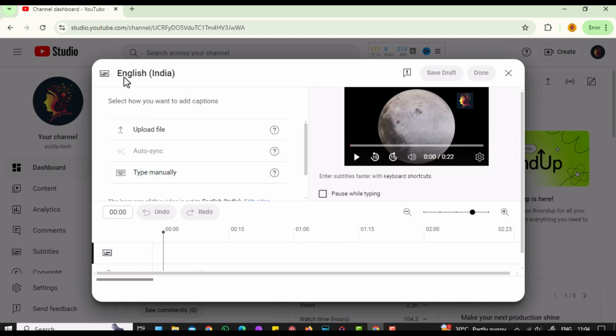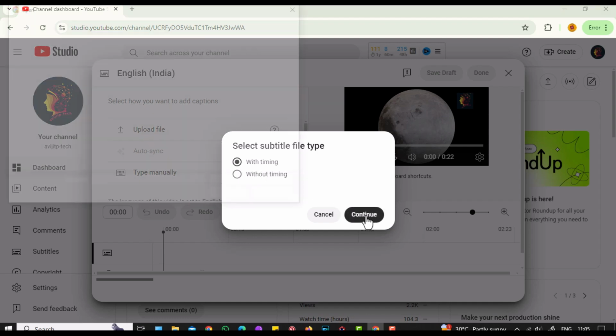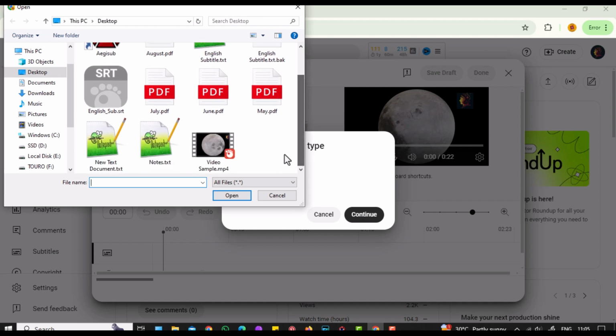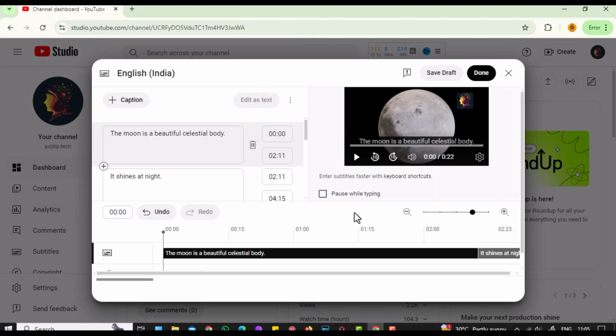It should be noted that if the subtitle is in English, it gives two options, with timing or without timing. Preview the subtitle within YouTube and finalize it by clicking Done.